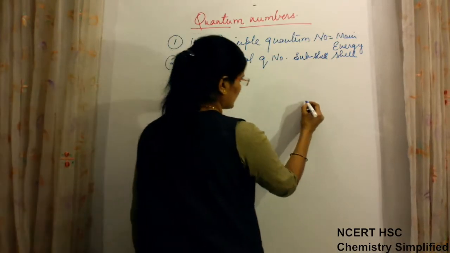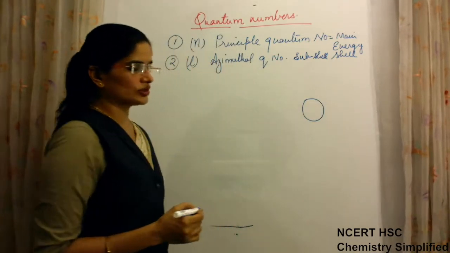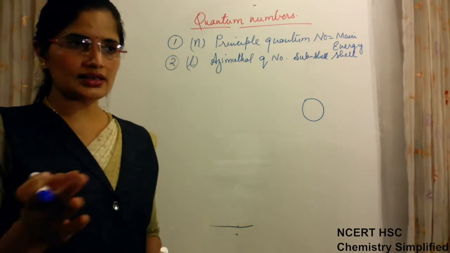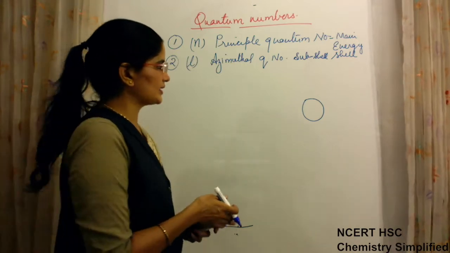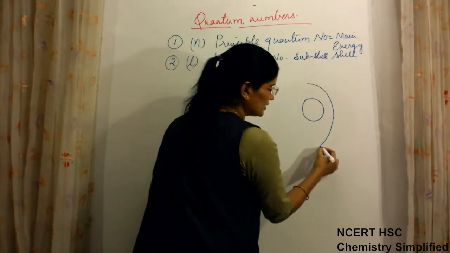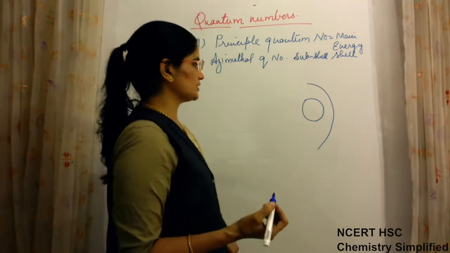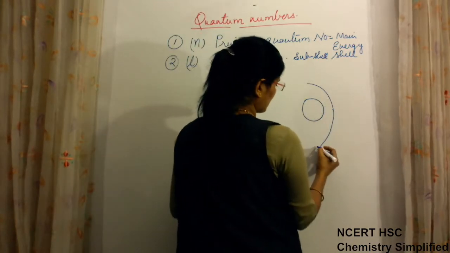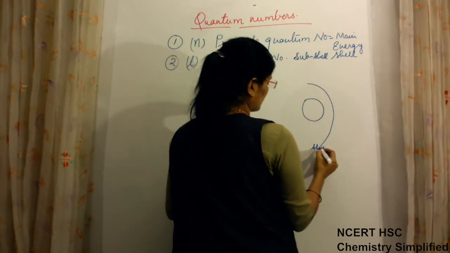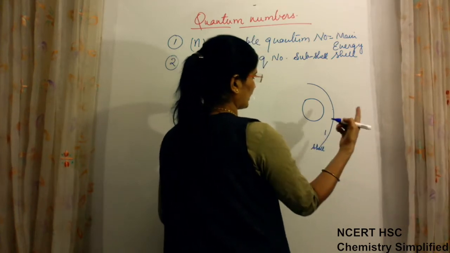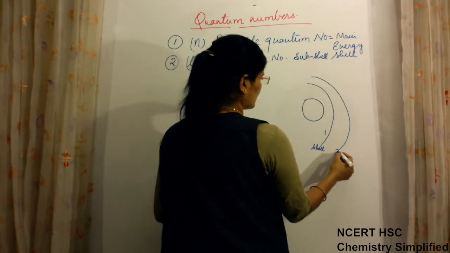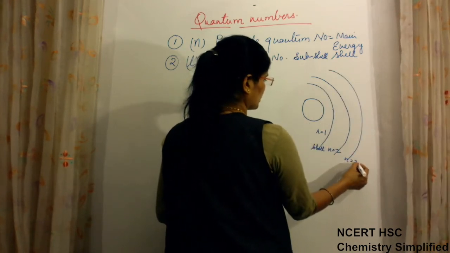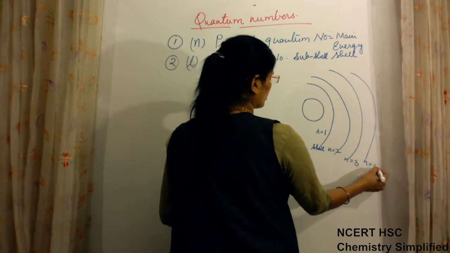And I told you that till now we have not introduced the concept of subshell, but now in class 11th we should know that shells are not intact. There are subshells, and subshells have orbitals inside them. Previously what we were calling just an orbit is now not just an orbit, it is now a shell in 3 dimensions, and this is the number of the shell, denoted as 1, 2, 3, 4 or K, L, M, N. Okay, second, n is equal to 1, n is equal to 2, n is equal to 3, and so on, n is equal to 4.